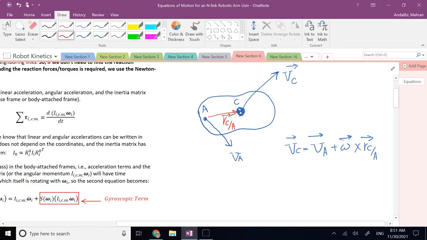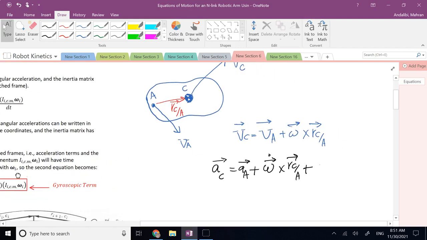Right? So this is what we learned from the rigid body kinematics. And similarly, if you remember, A of the centroid is equal to A of A. If I know the motion of A, both V and A of it, then plus what? Omega dot cross R of C with respect to A, and then plus omega cross